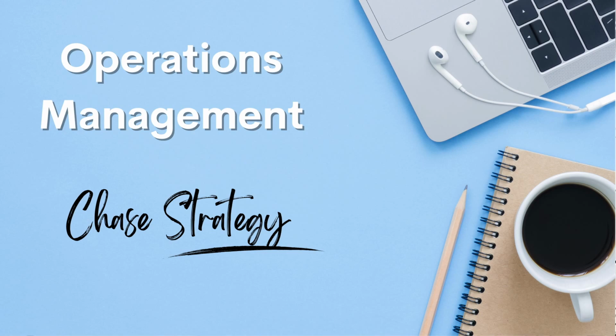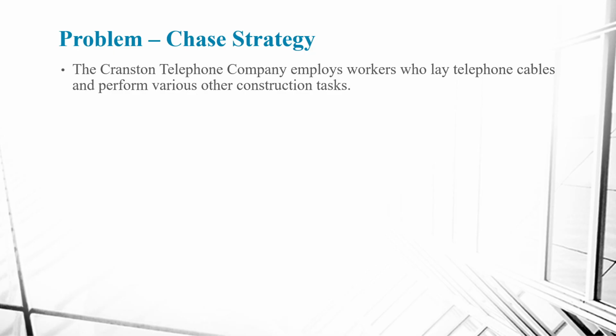Hello everyone. In this video, we will learn how to implement the Chase aggregate plan. A Chase strategy is one that adjusts production output to match demand fluctuations. It means that the production capacity and workforce are increased or decreased as needed, depending on the demand forecast. We have the data for a telephone company that employs workers who lay telephone cables and perform various other